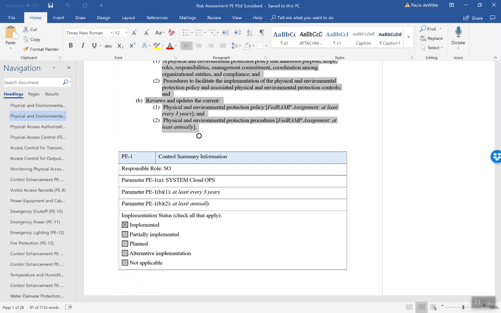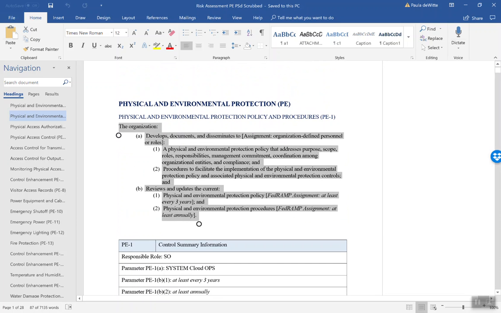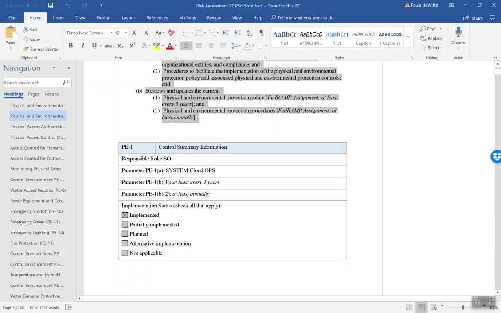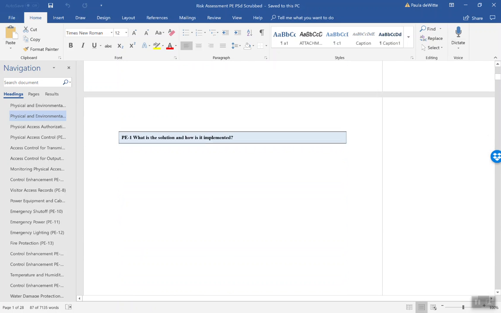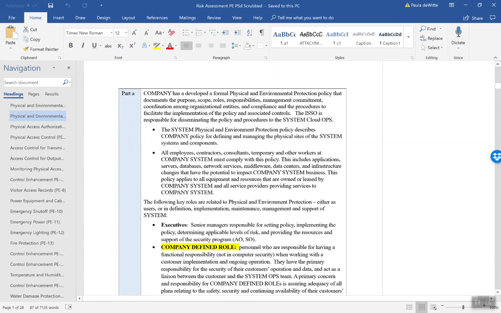But we've talked about the responsible role, the parameters for this. The parameters are going to be that they're going to do the policy at least every 3 years and review the procedures every year. This is a standard: 3 years for policy, 1 year for procedures. And so I say, how is it implemented? So I have implemented this here, and I have written the verbiage for Part A, going back to PE1, Part A,